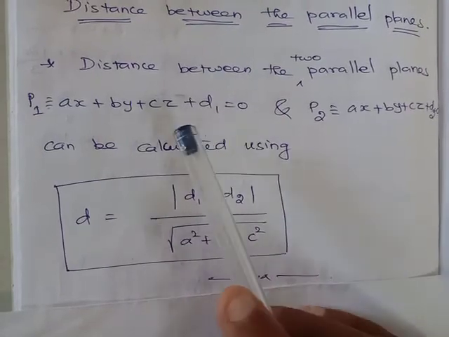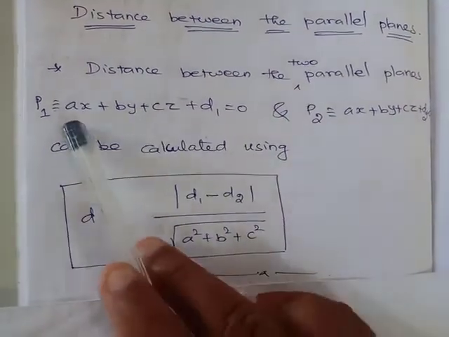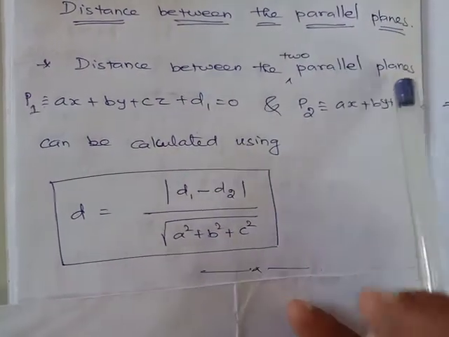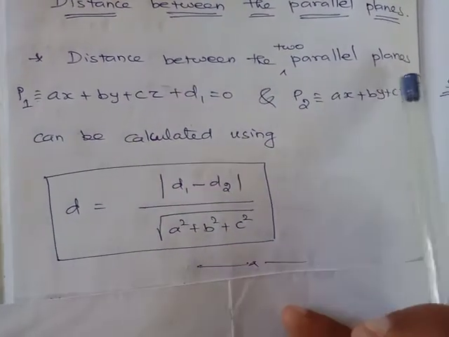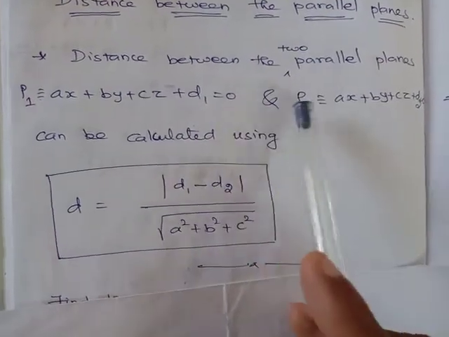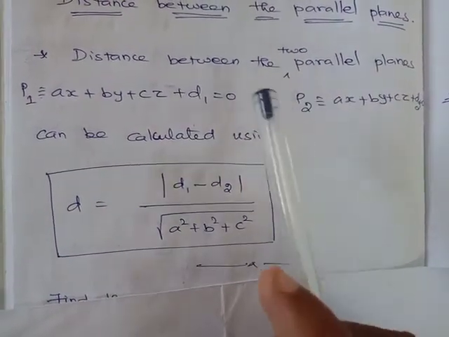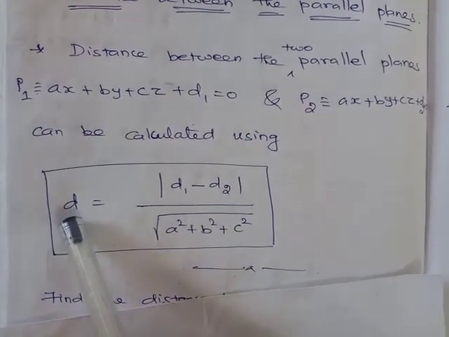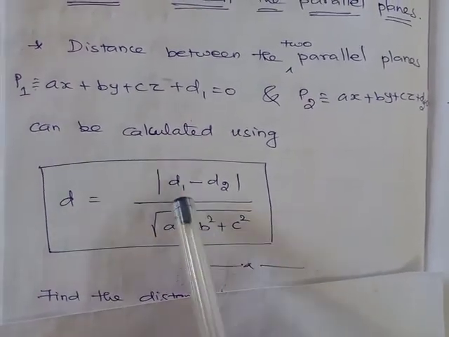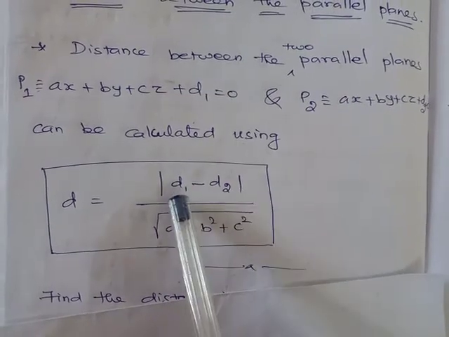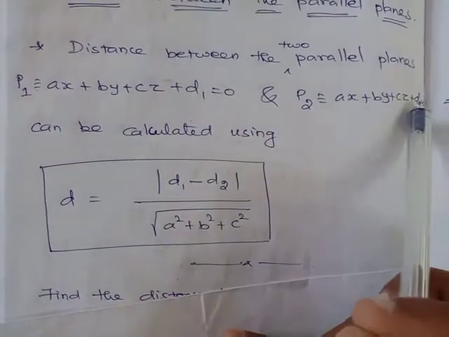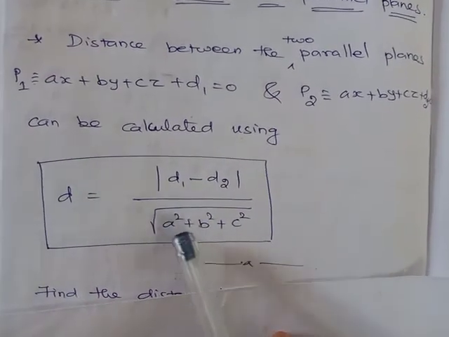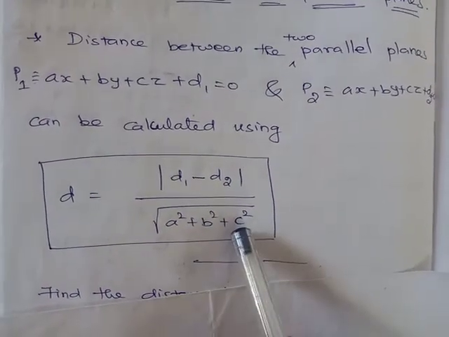We already learnt that if two planes are parallel, the coefficients of x, y, z will be the same and they differ only by the constant. Here we have d1, here we have d2, and the distance between these two parallel planes can be calculated using the formula d, equal to modulus of d1 minus d2, that is the difference between these two constants, divided by square root of coefficient of x square plus coefficient of y square plus